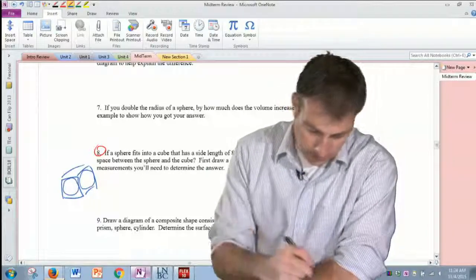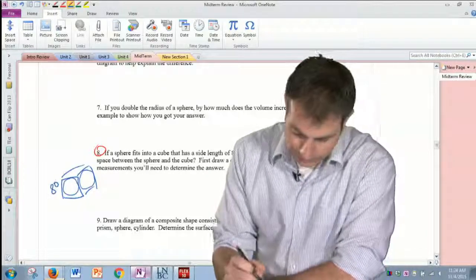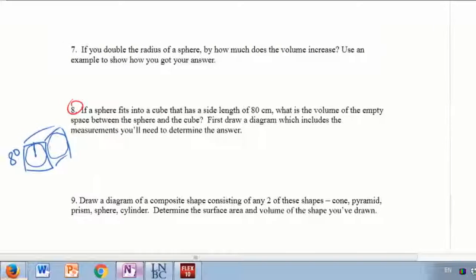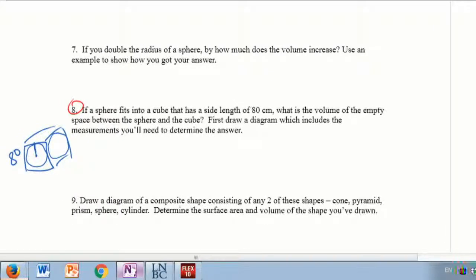The cube has a side length of 80, and we want the volume of the empty space. So if this is 80, the radius of my sphere is going to be 40. So the volume of a sphere is 4/3 pi r cubed, and the volume of our